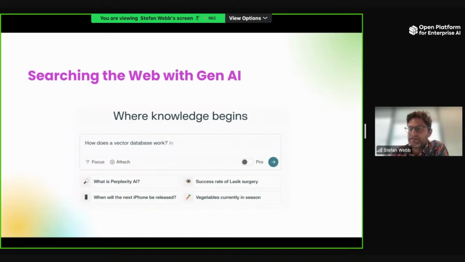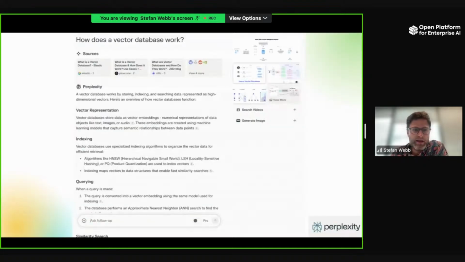If you haven't heard of it, it's essentially a web search that uses large language models plus a vector database to index the web and to produce responses to your web searches based on what it's indexed. I've typed in, how does a vector database work? And then it gives this answer.